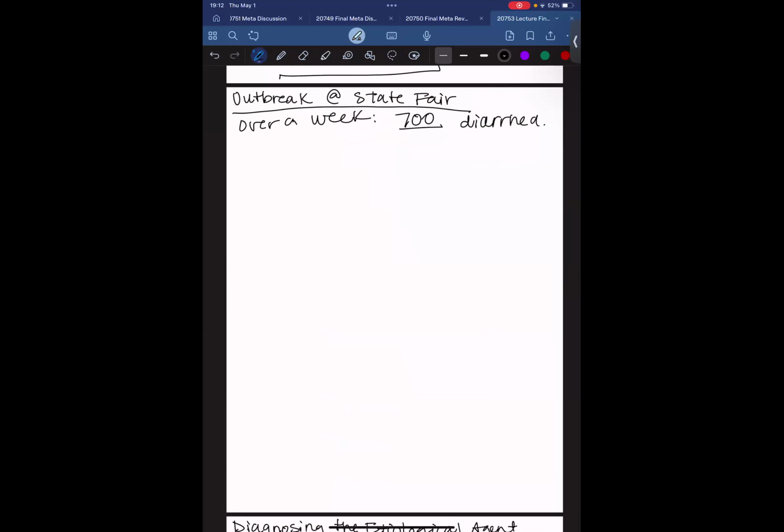Not dysentery, it'll just be regular diarrhea. Okay. So this has been happening. There have been several cases over the span of a week. And so maybe as an epidemiologist,